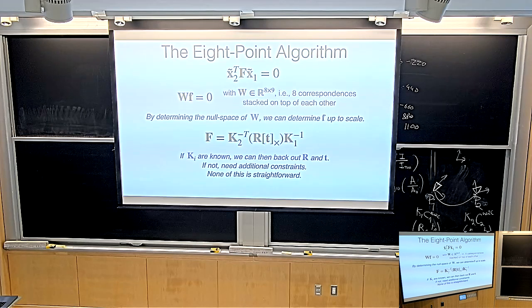Now you might ask, how do you get the intrinsics parameters? There are several ways of doing it, but it turns out the intrinsics parameters are much easier to get than the camera poses. There are very standard ways of getting the intrinsics parameters of a camera. If I give you a camera, you open OpenCV. Who knows OpenCV? Great, hopefully almost everyone. In OpenCV there's literally a thing called calibrate camera. You print out a checkerboard, point the camera at the checkerboard, and out pop the intrinsics parameters of the camera. So getting the intrinsics parameters is relatively easy.